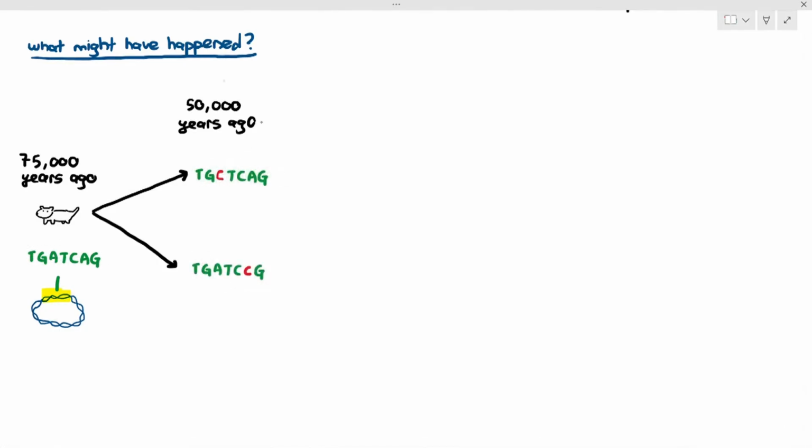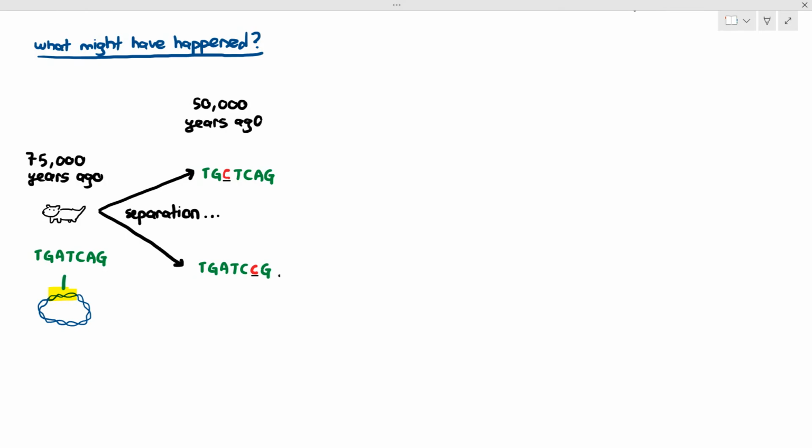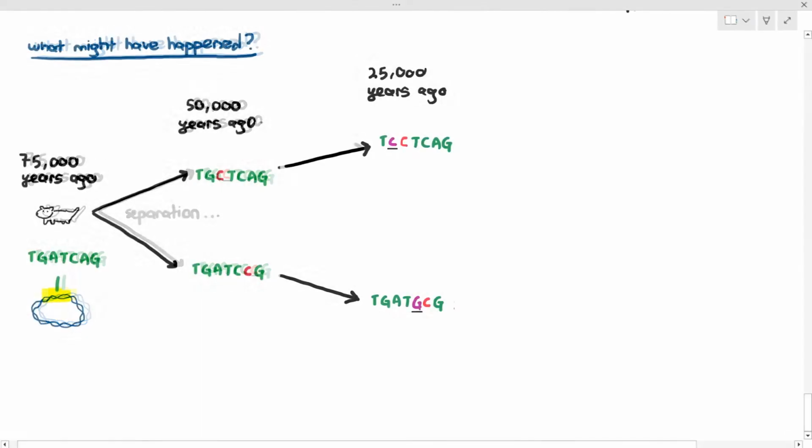If you are red-green colorblind, I'm just putting an underline there where the mutation happened. Remember, between 75,000 years to 50,000 years ago, 25,000 years has passed, one mutation has happened. And from that organism that existed, after 25,000 years, the base sequence changes again. I'm just putting an underline over there. And for this one also, I'm underlining it. Okay, good. And then after another 25,000 years has passed, it has reached the present. It has become